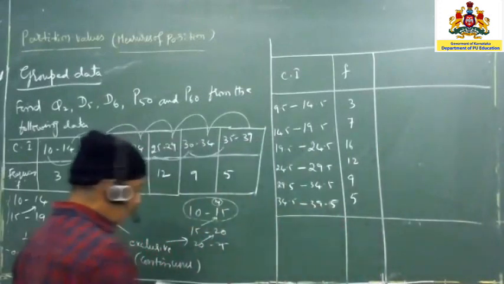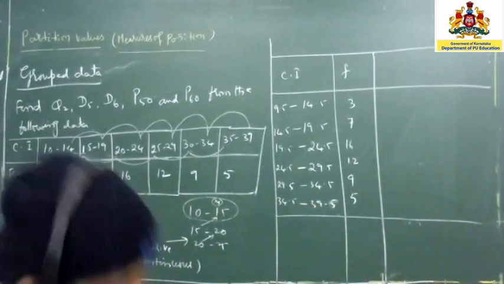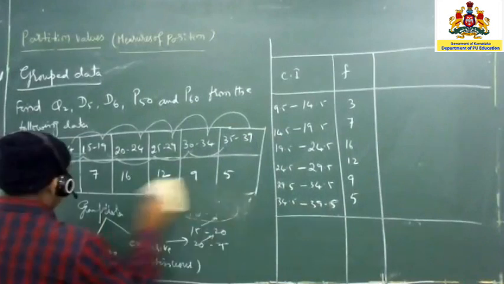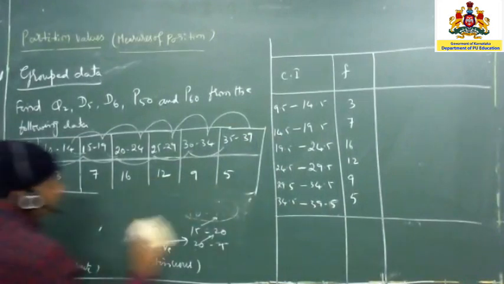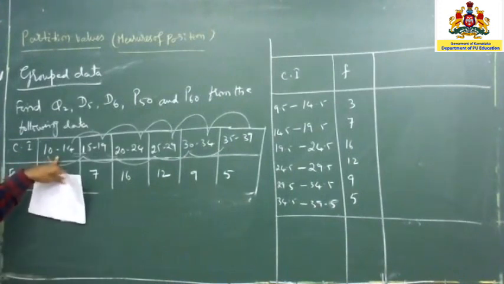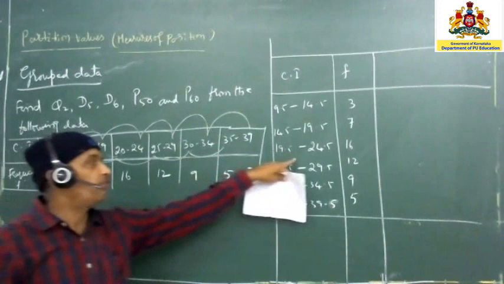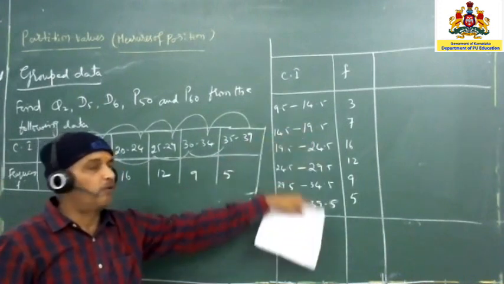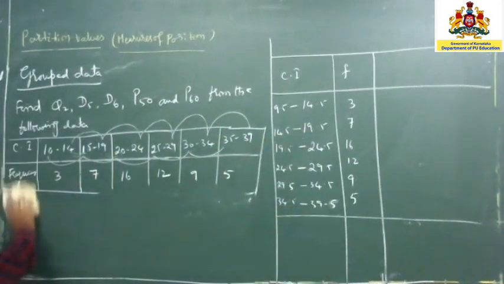Now for all these things, we have not written the formula. First we'll write the formula, how it will be there. So I hope you have understood already how to convert. If it is group data, first you have to identify whether it is given in inclusive type or exclusive type. Inclusive type in the sense you have to convert to exclusive type. Definitely you are going to get points. Okay. The next step is